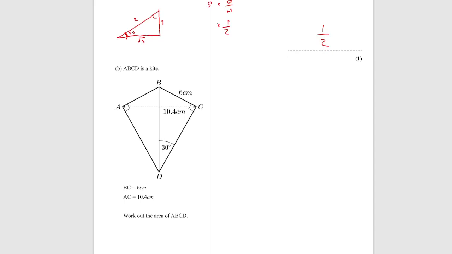So we are given various dimensions. Just trying to work out a few bits. Okay, so work out the area. So we're going to be using what we've just worked out here. I'm not fully clear from the diagram, I'm going to assume that that's 10.4. So what I'm going to say is I want to work out this length here. If I'm trying to work out this length here, and I know this angle, this is the opposite. No, actually,